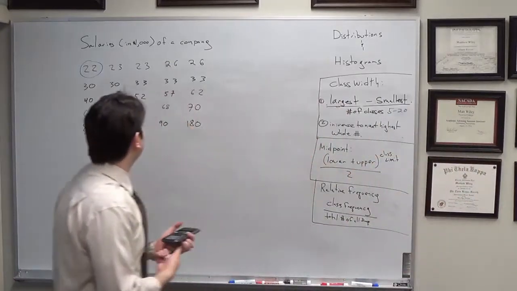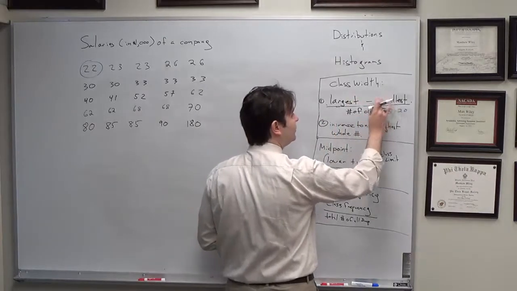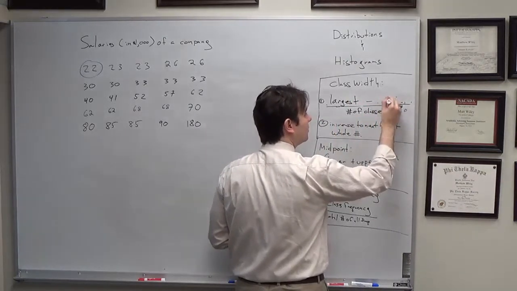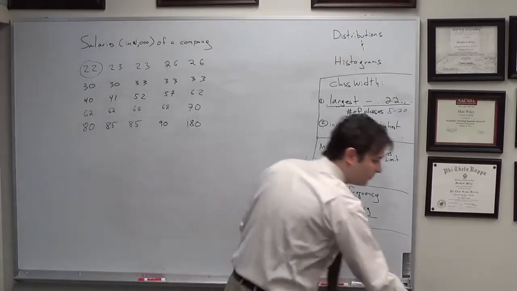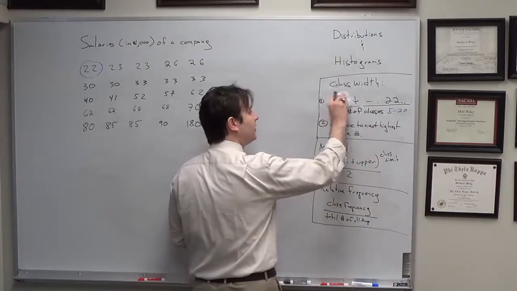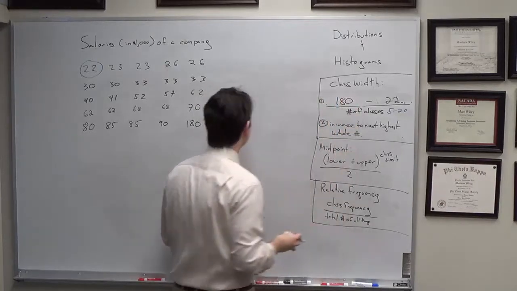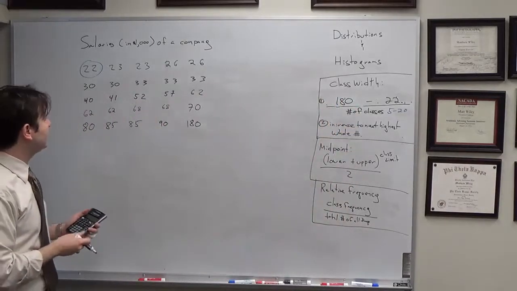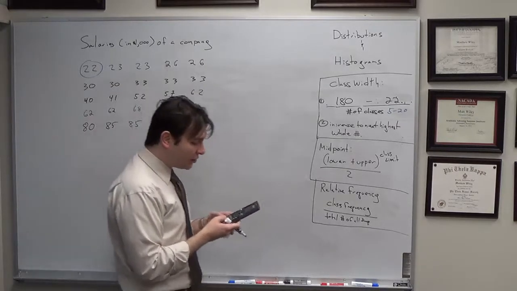So we can definitely grab our largest number here, 22. Excuse me, 22 is my smallest number. We can pick our largest number here, 180. Probably the CEO of the company, making just a little bit more. This looks like a small company, so I'm going to say that this is probably the CEO/owner. And as we're taking that,